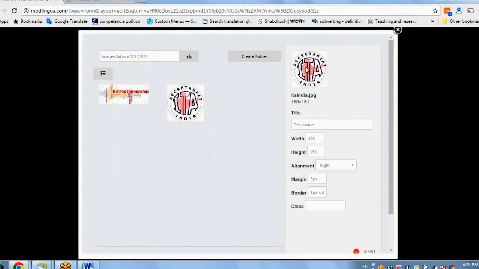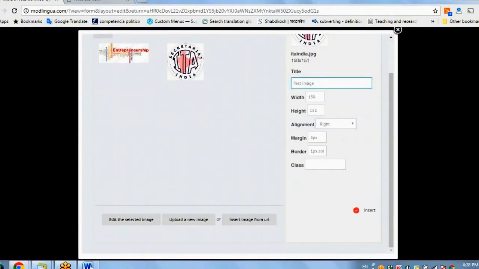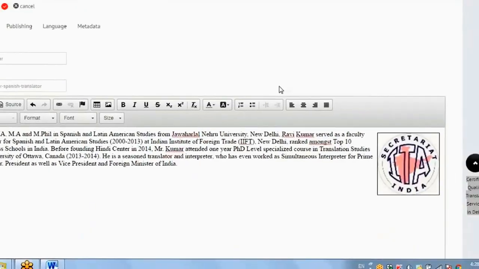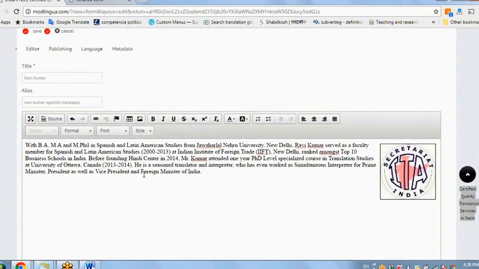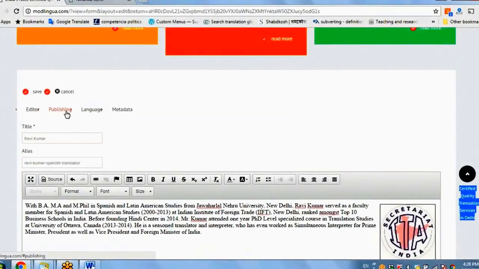Okay. So now I have already created this testing image. I have already made the margins. I have already made the borders and inserted the picture again. And once I have done these basics on my page, now what we have to do is go to publishing and choose a category. What is the category where you want to publish this? By default, as we are talking about creating our own profile, it is the interns profile section. I have already given it to you as a default. So if you don't choose even, this will be published under interns profile.